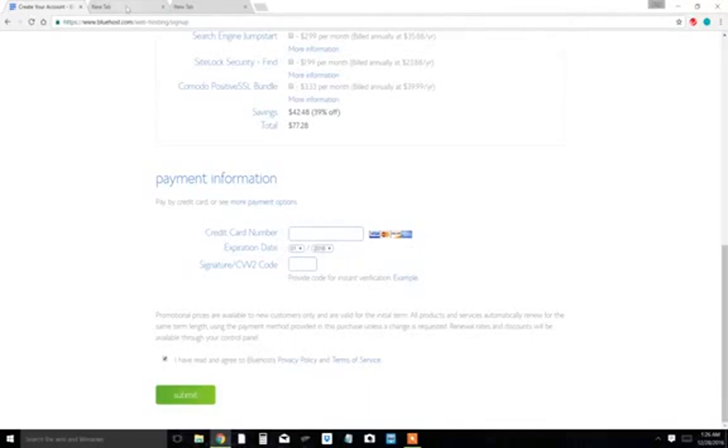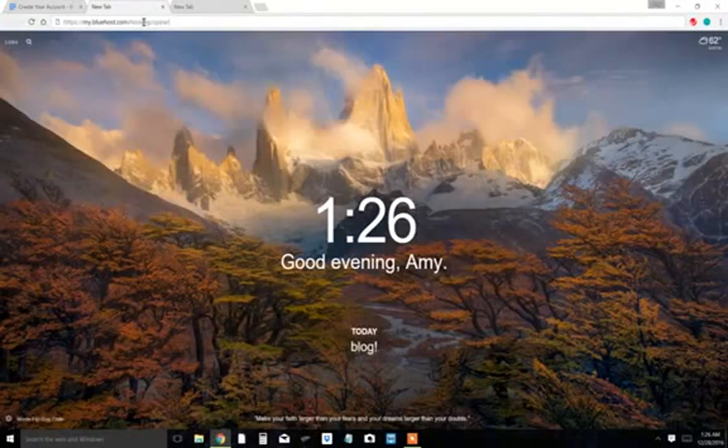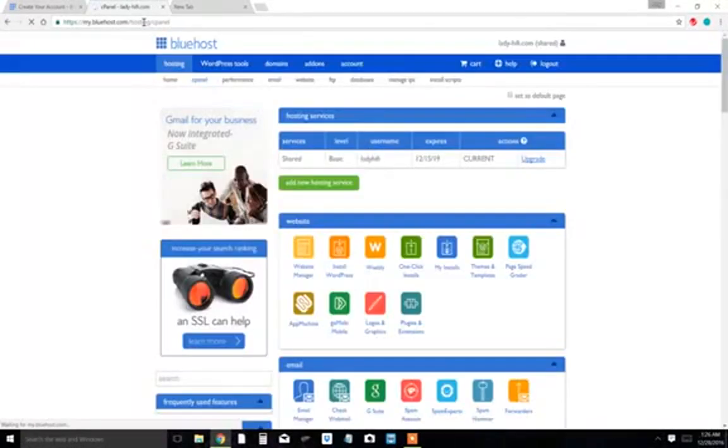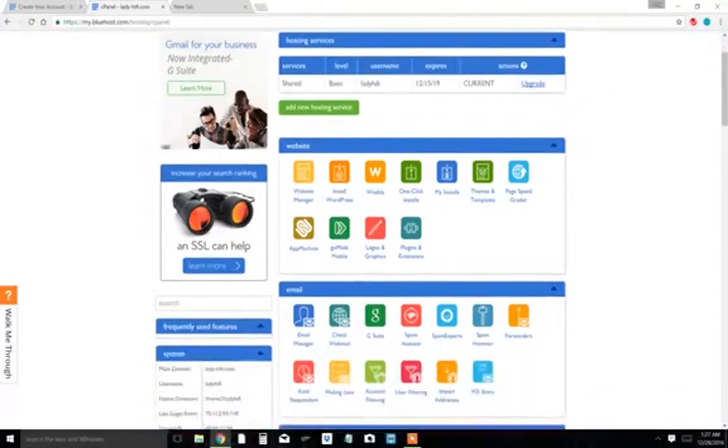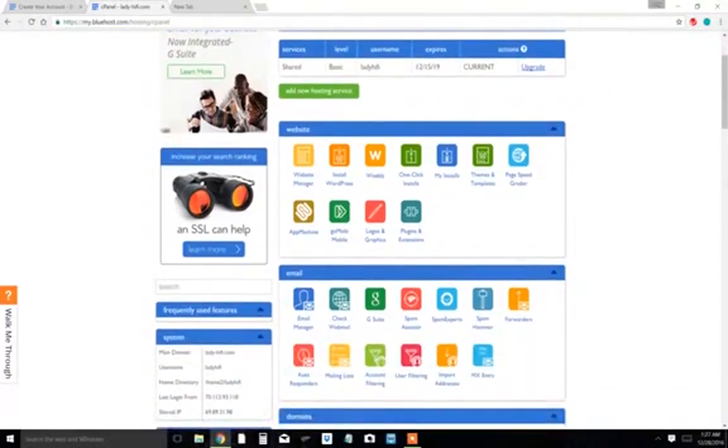And then I'm going to go to my next screen, which takes me to the panel, which is the same screen that you are going to get once you log in. Okay. You're going to create your username and your password. And this is what you're going to get right here. Okay. It's going to take you to this screen, and you can see over here, this is my website, ladyhifi.com, lady-hi-fi.com,